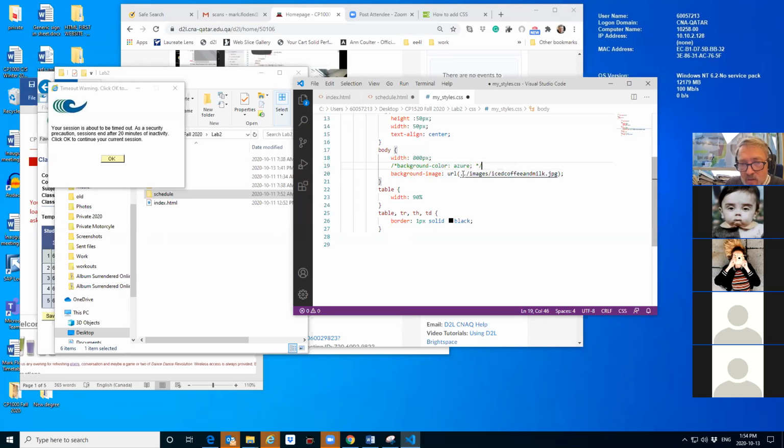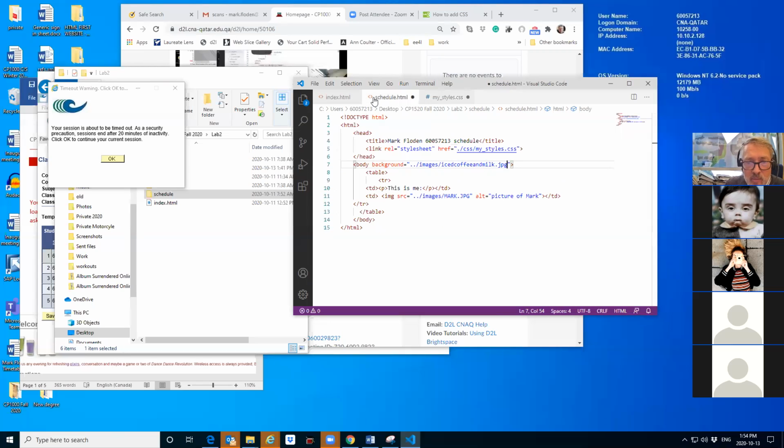So this is one way of doing a background image, by doing it in CSS. The other way of doing a background image is to put a background property inside a tag. So yeah, I know that came up